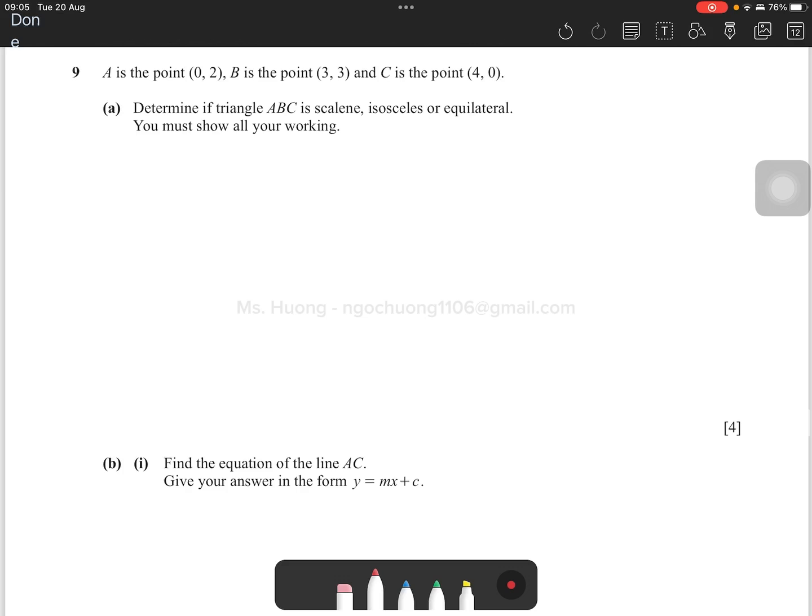Question 9. A is the point (0, 2), B is (3, 3), and C is (4, 0). A. Determine if triangle ABC is scalene, isosceles or equilateral. You must show your working. To know what type of triangle this is, we should find the length of each side. AB is equal to